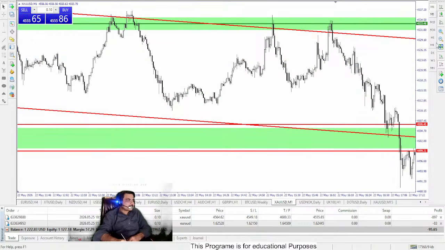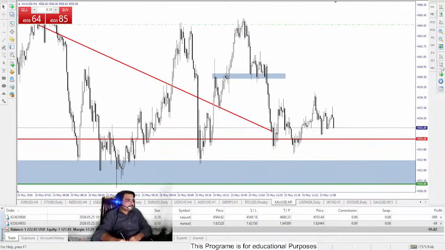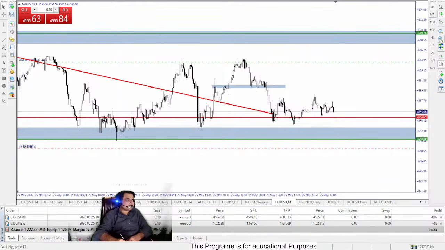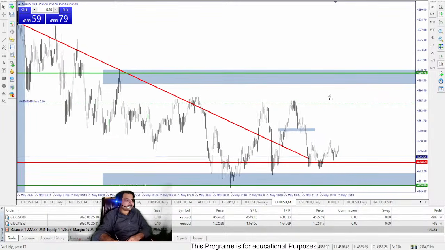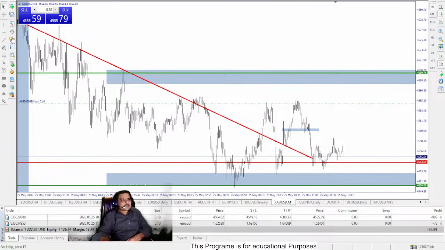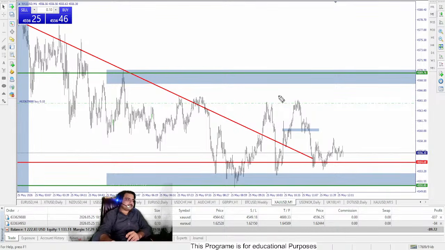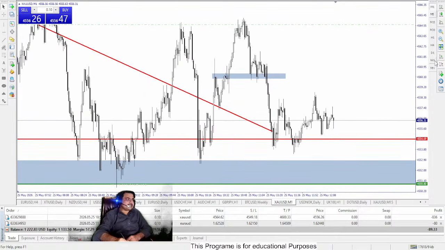Now the other stuff on the 1 minute. Let's suppose there are two pictures. Picture number one is that okay, it is coming down, down, down. It will just be coming down and will stop me out. Story finish. This is picture number one. Scenario number one: market is coming down and will stop me out. Story finish. But